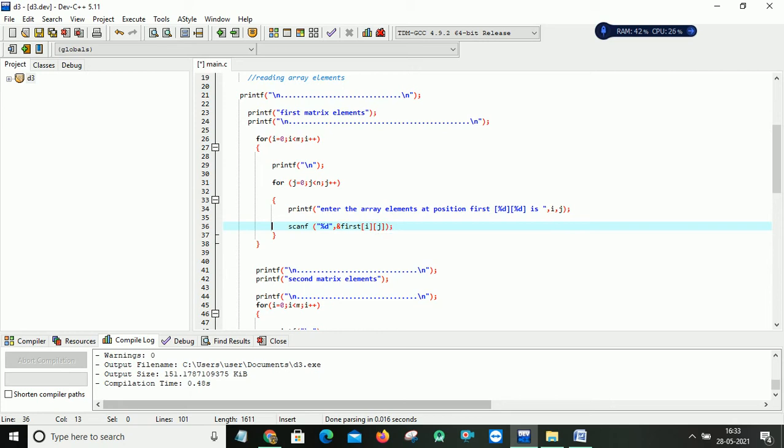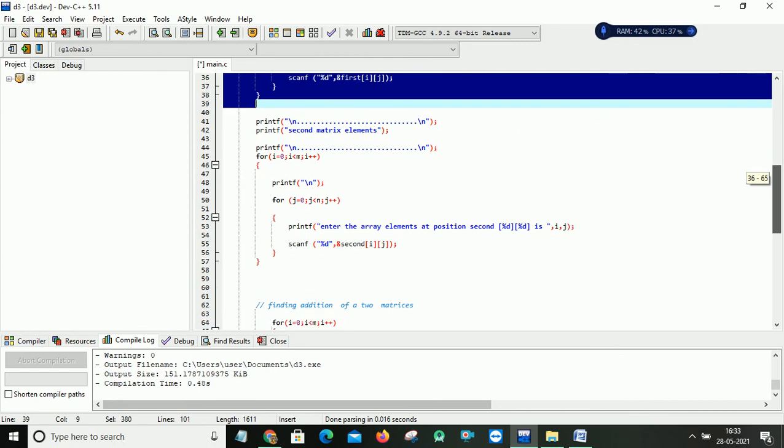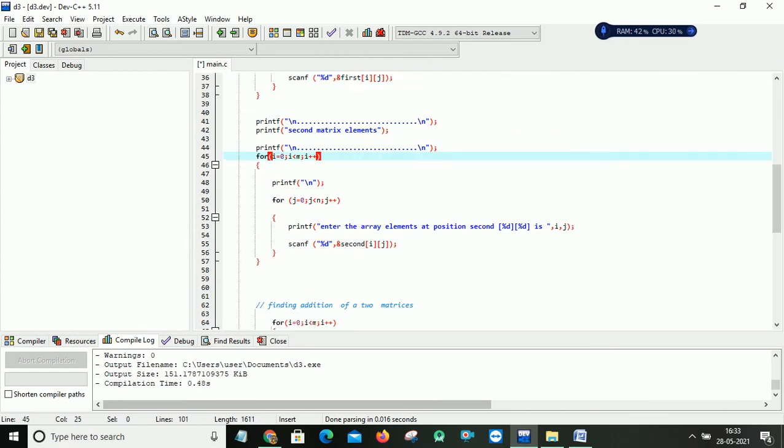I'll repeat the same thing for the second array. I'll copy and paste the same thing and change my array name to second. See, nothing is different. Everything is similar; only first is changed to second.